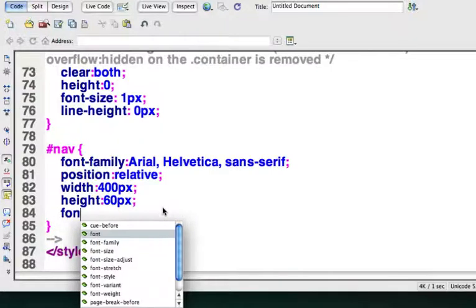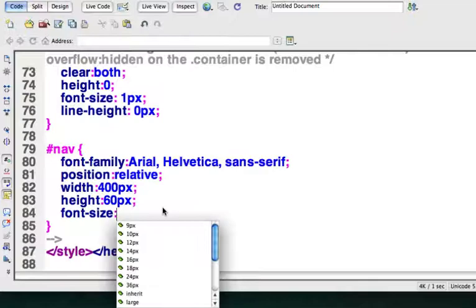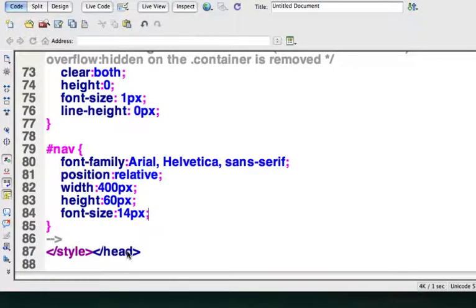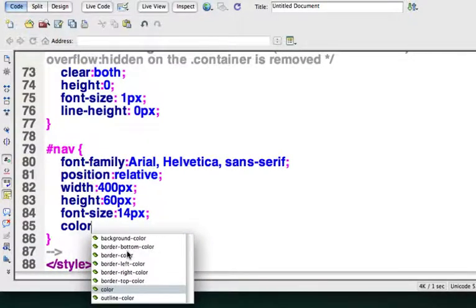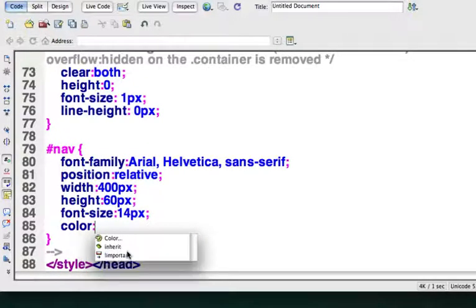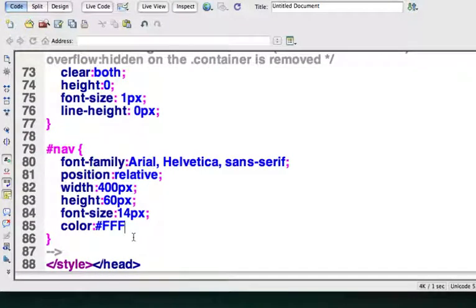I'm going to make a font size. So if I have any font in here, I want it to have a certain size. I'm going to hit return in here. I'll make this maybe, let's say 14 and semicolon. And maybe I'll have a font color in here as well. So I pick color, and then I put a colon, and then notice how the pop-out comes out, and I can pick this. So the font color on here, I'm going to make white for right now, and then semicolon,